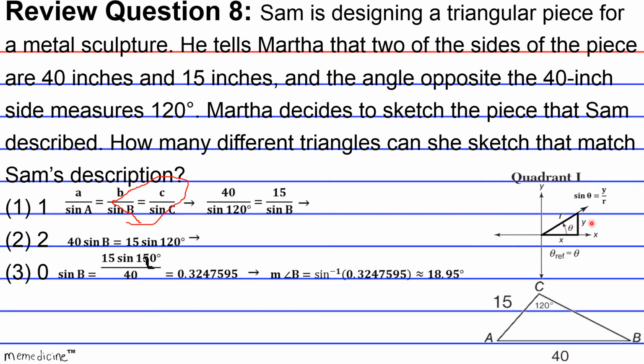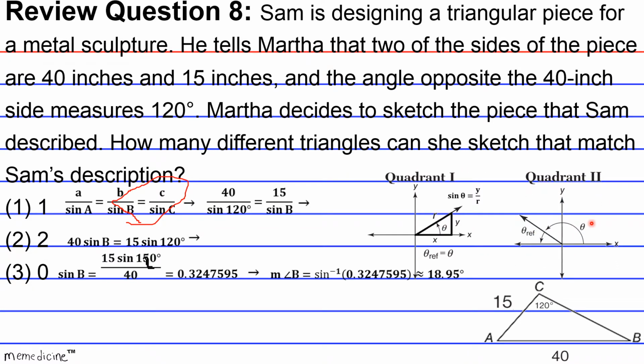So if you take a look at an angle that would fall in quadrant 2, let's say that this is our reference angle 18.95. Remember, the vertex is at the origin, the initial side is on the x-axis, and the terminal side is off somewhere in the quadrant. This is what your calculator is analyzing. It's not analyzing the actual value of theta. So in order to get the correct value of theta that also has the same sine value as this reference angle, what you would have to do is